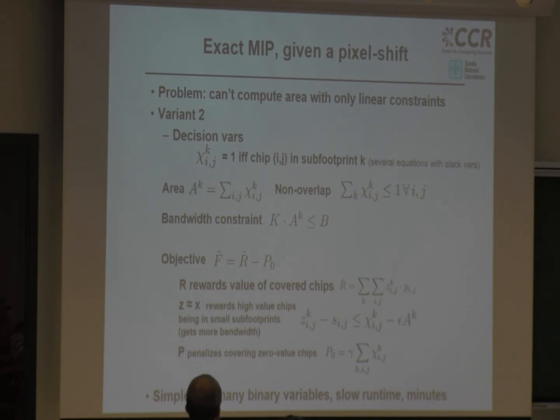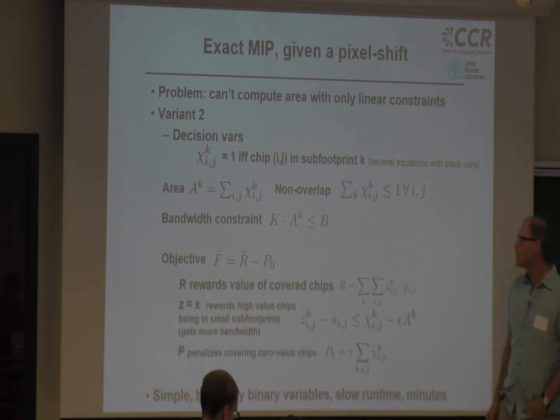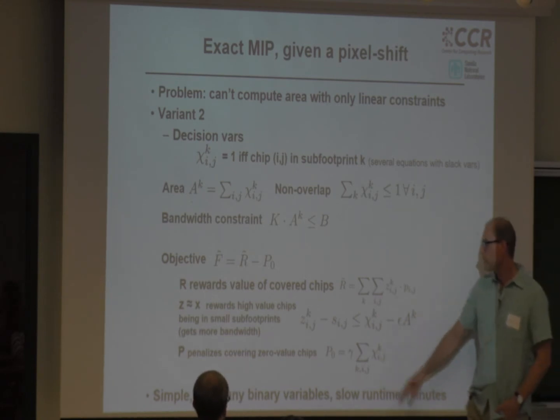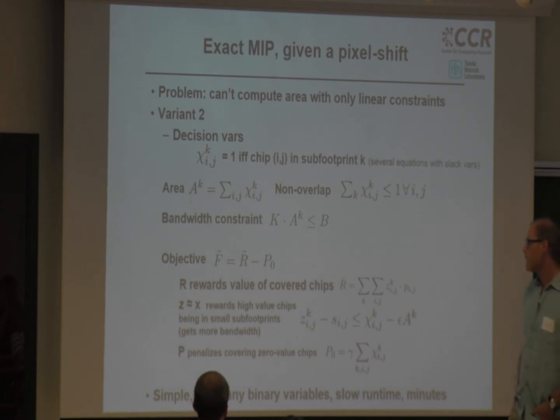It's the product of the 2 sides, and so we ended up implementing decision variables as 0, 1 if a chip is in a particular subfootprint. Area is easy, just add up the indicator variables. Overlaps the same way. And there's some subtleties about the objective function. There's a sort of penalty, so you don't cover 0 value chips. And then this term was for